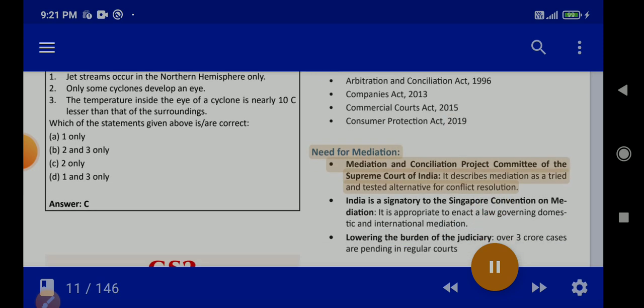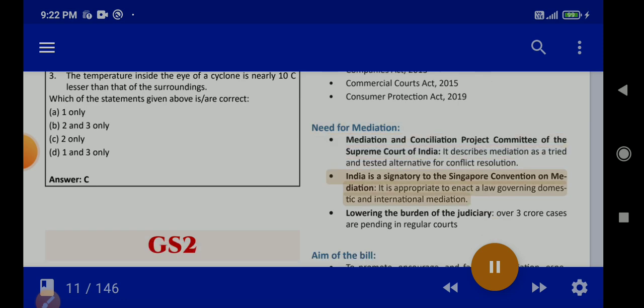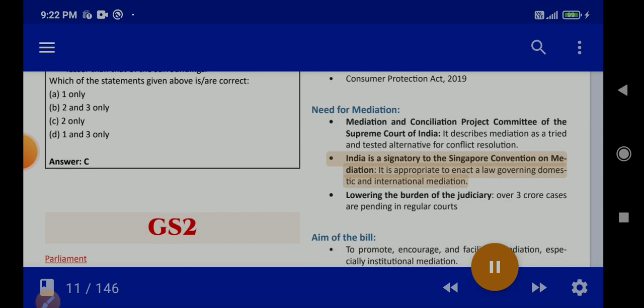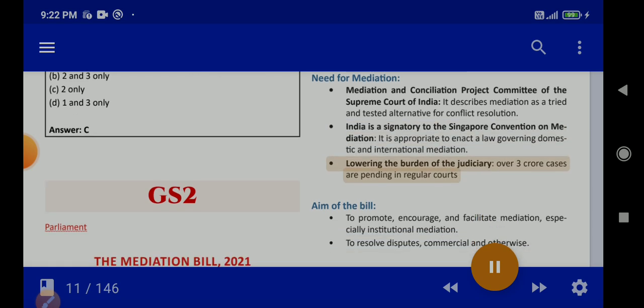Need for mediation. Mediation and Conciliation Project Committee of the Supreme Court of India describes mediation as a tried and tested alternative for conflict resolution. India is a signatory to the Singapore Convention on Mediation, so it is appropriate to enact a law governing domestic and international mediation. Lowering the burden of the judiciary: